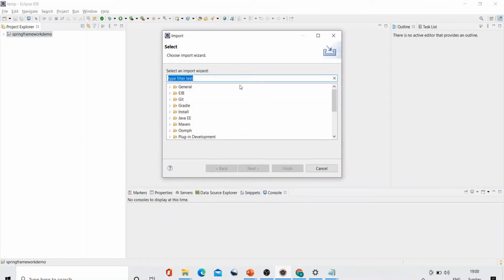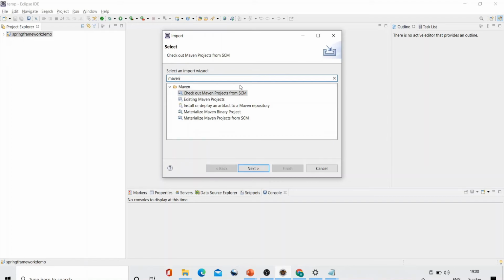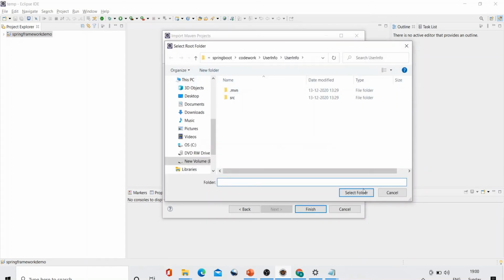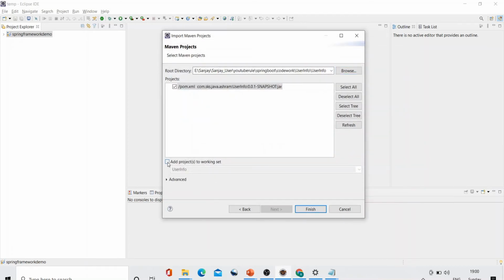Import, right? Select Maven project. Since we have selected the Maven based dependency, existing Maven project. Next, okay, Ctrl+V, the path we have copied, right? If you move the cursor over from there, see, the pom.xml has come over here, okay. Or if we are not copying the path, you can go from here and select the path over here, the project you had kept over there, right? And add project to the working set, okay, and finish.